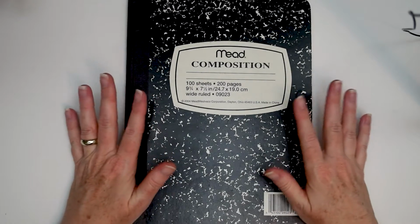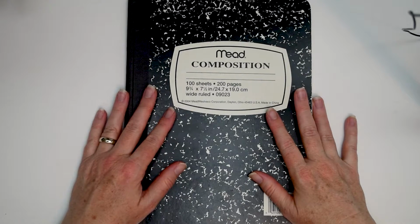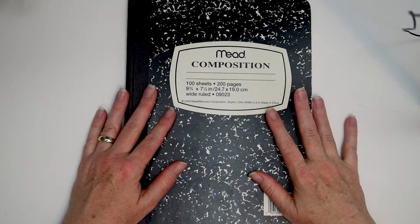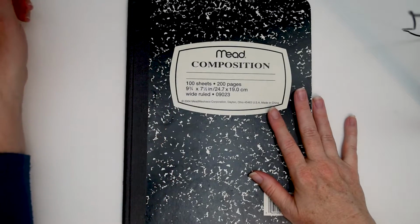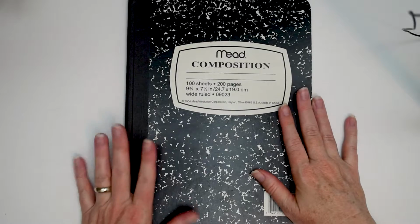Just so you know, in case I sound a little strange, my body has decided to come down with a cold today, so I'm slowly descending into that ugh feeling. So I have my tea and I'm trying to keep myself going,